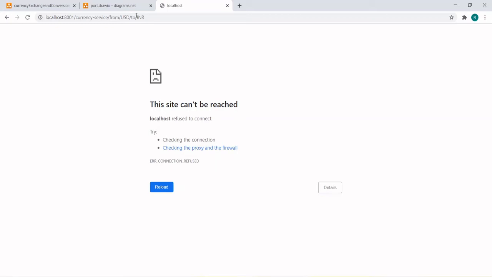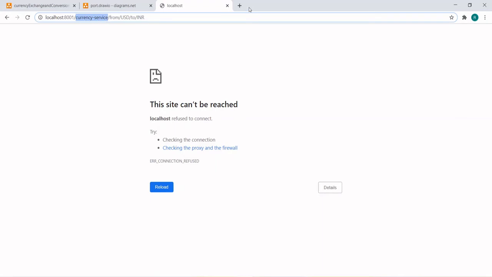Okay, so we are going to develop the currency service microservice. The currency service will be a REST API, and in the REST API we will be giving the HTTP GET method call, and in the GET method call we will be passing the to currency, USD to INR. Currently this is not reachable because we have not built it yet. We have not set up the currency exchange service application yet, we don't have a microservice yet, and we have not created the currency exchange service REST API. So this is the currency exchange service.